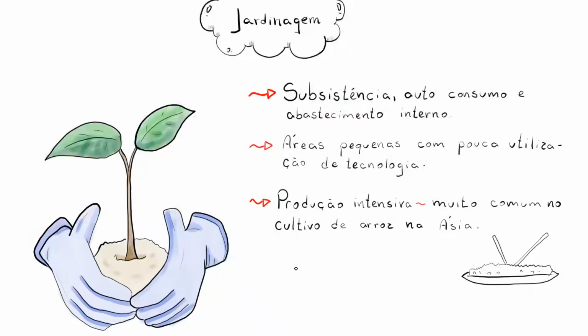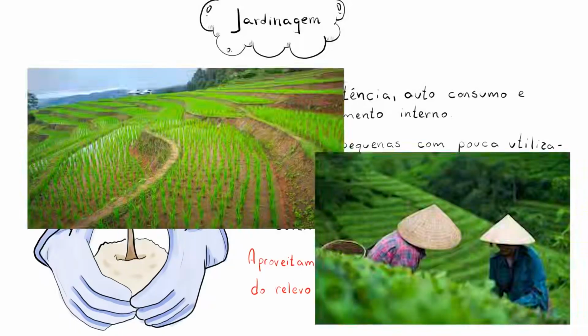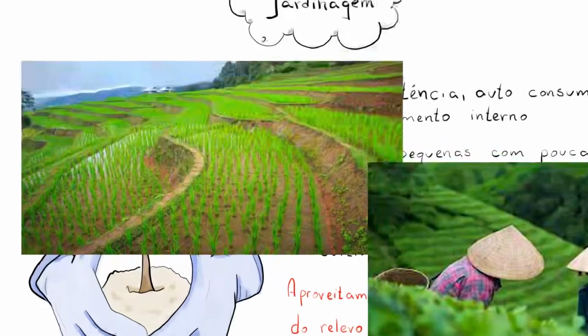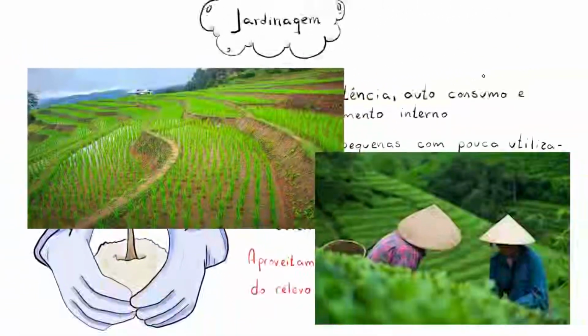And a striking feature of intensive small plot farming is also the use of the area's own terrain for cultivation. So here the terracing technique is widely used. Have you heard of it? It's that construction of step-like structures on the land, which besides maximizing production, also prevents other problems, like soil erosion,